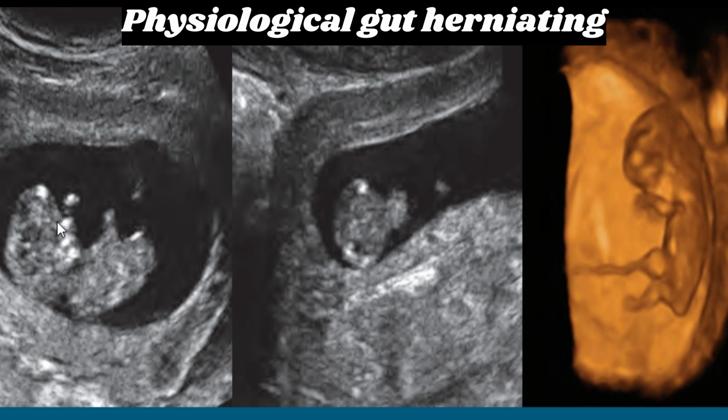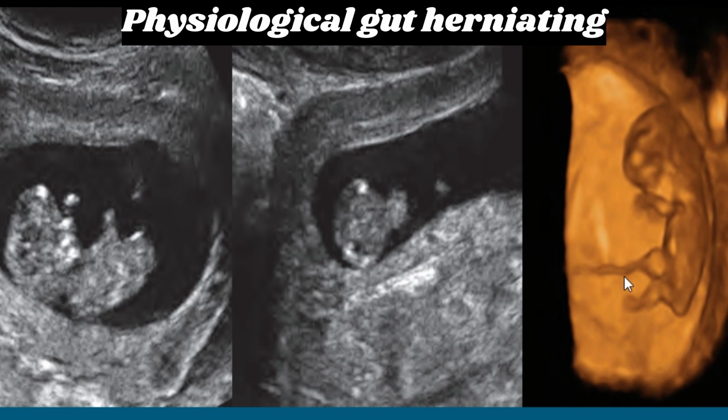This is the head of the fetus, and this echogenic structure is the nose, and we can see the size of the herniation is significantly smaller than that of the abdomen. This is the axial image at the level of the fetal abdomen that is showing the gut herniation. Here we can see the size of the herniation is significantly smaller than that of the abdomen. Now this is the 3D image of the embryo that confirms here that the midgut herniation is into the base